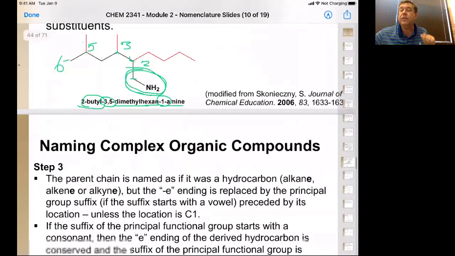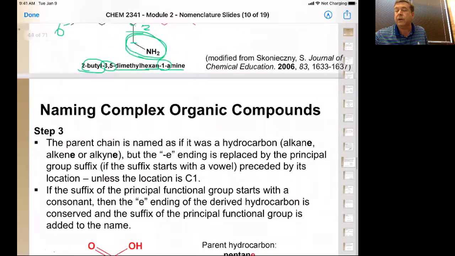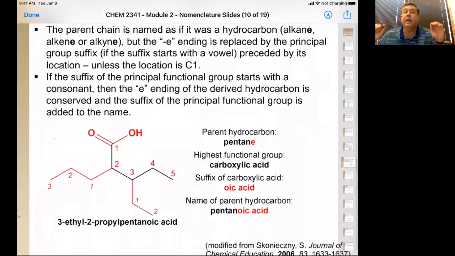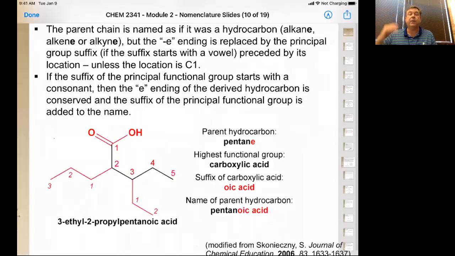Okay. So the third thing we need to do when we're trying to step these up is that if it's anything other than a hydrocarbon, we're going to drop that last E. That E technically means hydrocarbon. It's just kind of a placeholder. And therefore, we drop that E and we add whatever the functional group might be. In this case here, we're going to take something and add the carboxylic acid, the highest priority functional group. Now, whenever we have a carboxylic acid,